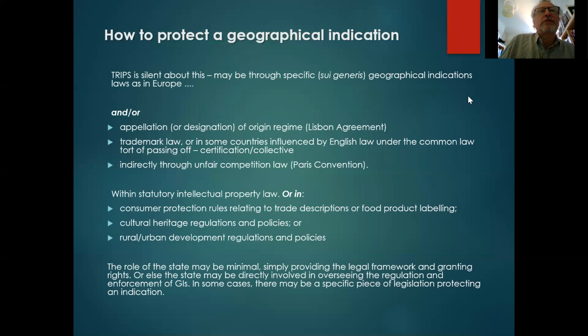But another thing about geographical indications is that TRIPS, in some ways, is very unclear as to how a geographical indication, a GI, should be protected, how to do it. Because actually, members of the World Trade Organization are not required to provide a legal system of protection. Not exactly. And I'm not given any indication of how to actually do it. How do you protect a geographical indication? They must, at the absolute minimum,